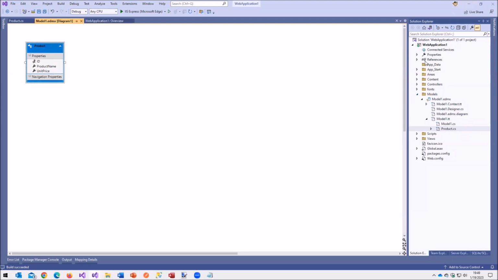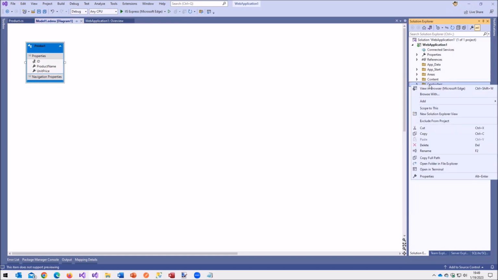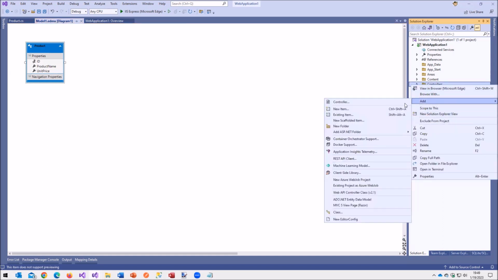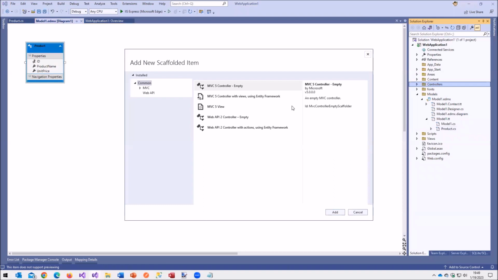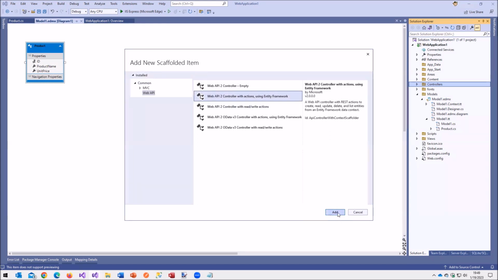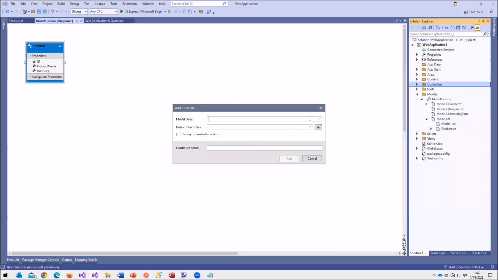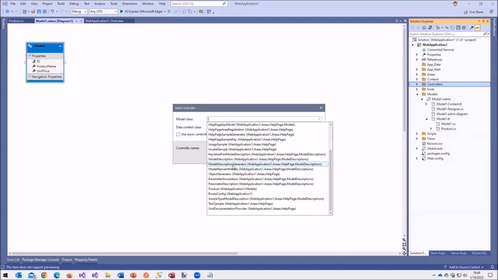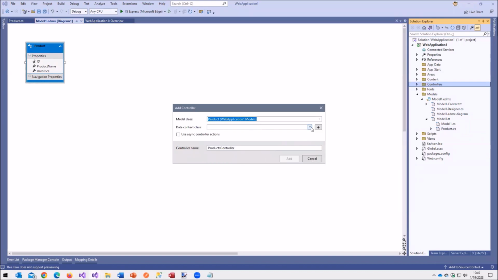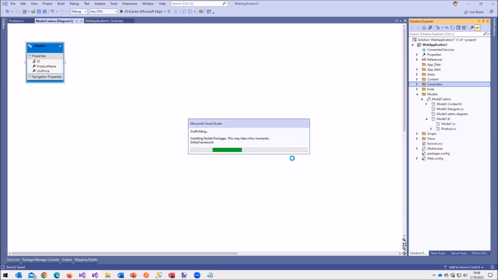And now what I'm going to do is I'm going to create my web API. I come over here and I say, add new scaffolded item. And I'm going to click Web API with actions using Entity Framework. I'm going to go add. I'm going to pick my model class, which is product, and my database connection string, which is that, and products controller, that's fine. Add. So now what's happening is that it's installing any packages that are needed.